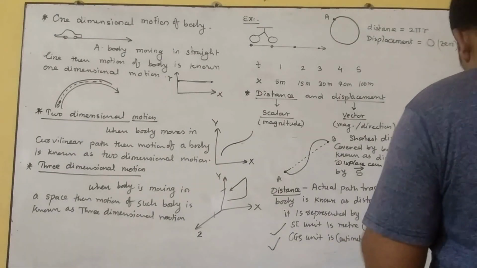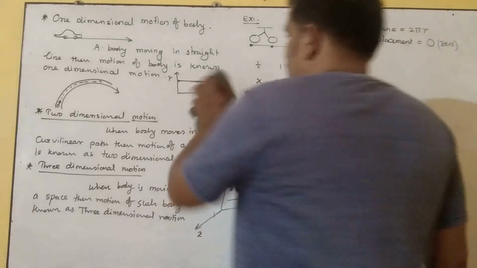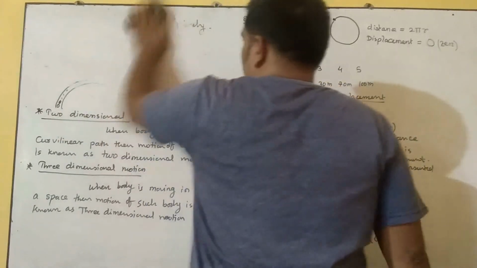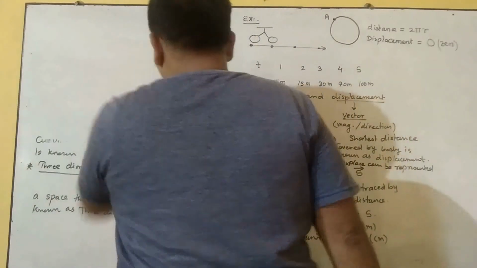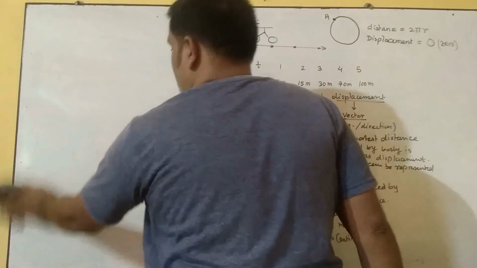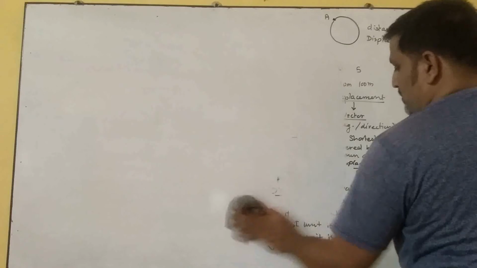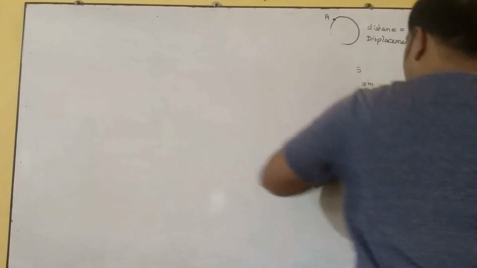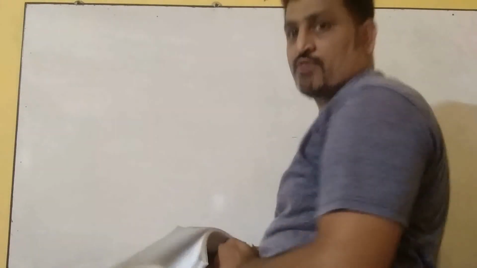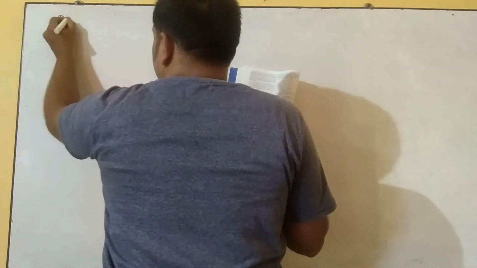Next is the distinction between the displacement and the distance. Distinction means the differences we are going to see. In your book, theoretically, in statement form, it is given, as well as the differentiating table between the distance and displacement. So we are going to study the table, right? The question is asked: state any two differences between the distance and the displacement. Okay, let's see. Distance and displacement.